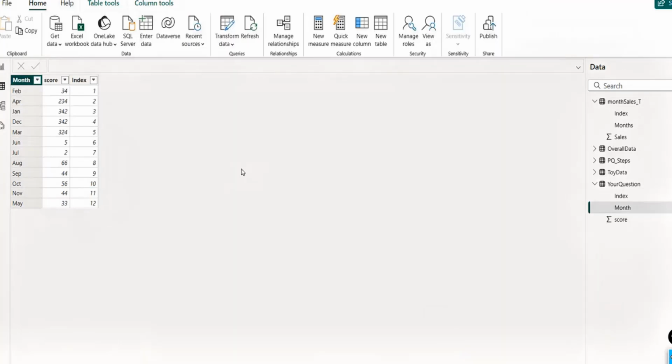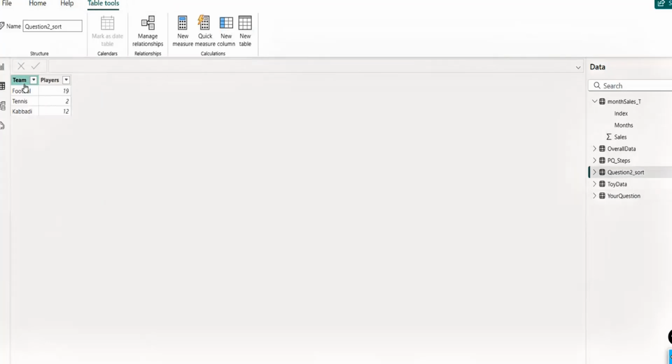Load the data. Now, once you have this data, you can use the if condition, right? We can use the if condition. Like I can go in the home tab,